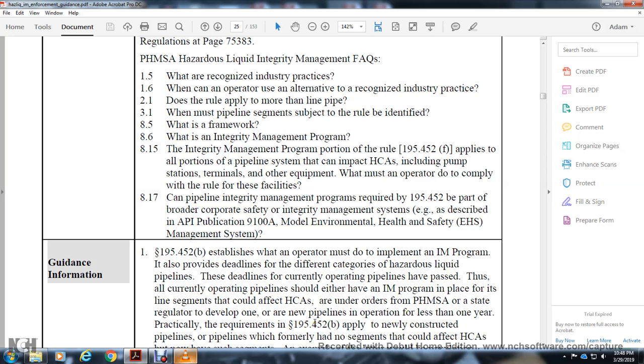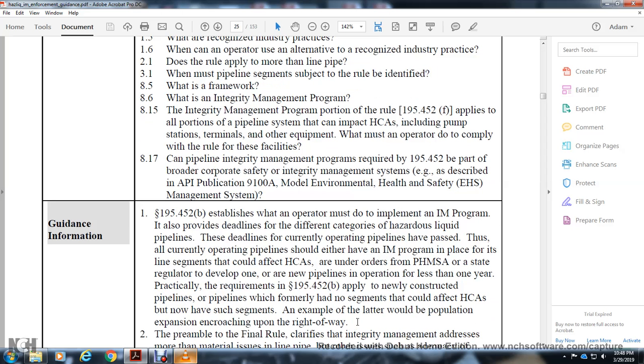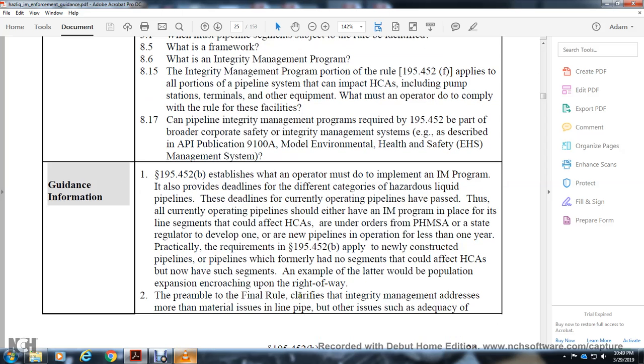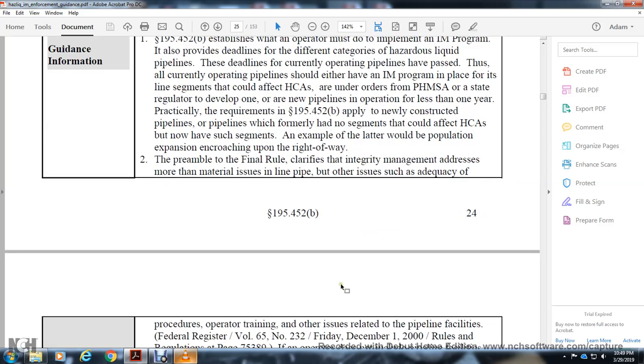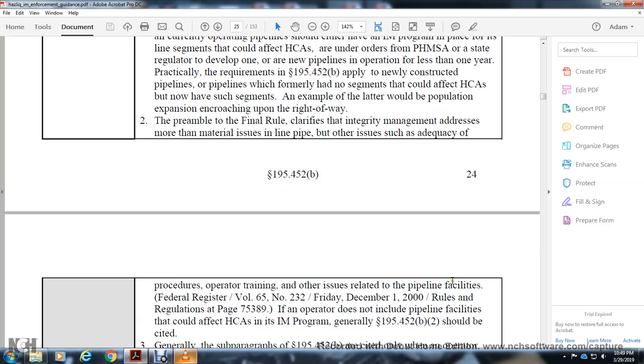Practically, the requirements of 195.452(b) apply to newly constructed pipelines, and to pipelines that formerly had no segments that could affect a high consequence area but now have such segments. An example of the latter would be population expansion encroaching upon the right of way. 2. Preamble. The final rule clarified that integrity management addresses more than material issues in line pipe, but other issues such as the adequacy of procedures, operator training, and other issues related to the pipeline facility. Federal Register, Volume 65, Number 232, Friday, December 1st, 2000, Rules and Regulations, page